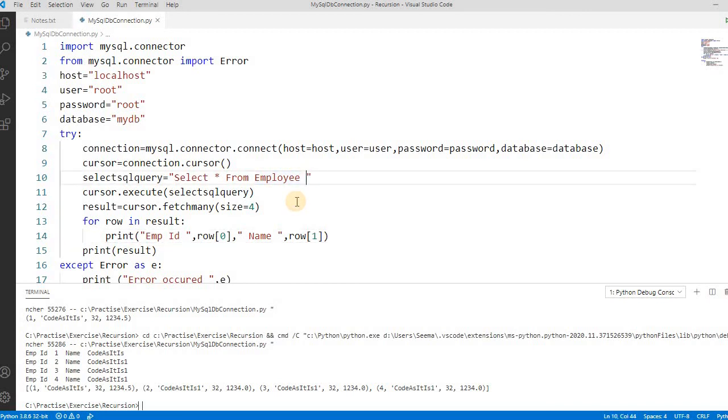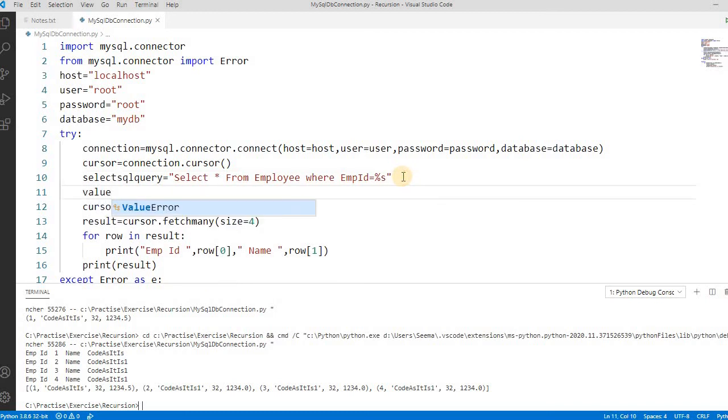Let's do one more thing. Let's put some condition like where employee ID is equal to a placeholder, and then we have to pass the value, let's say 2. For creating this tuple, we have to pass this one and then the value.